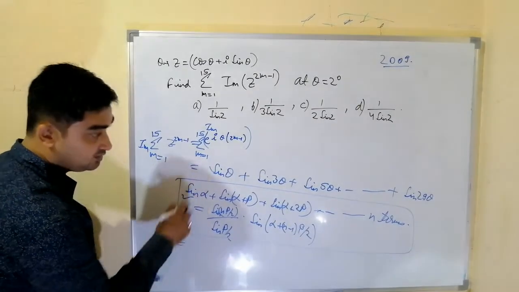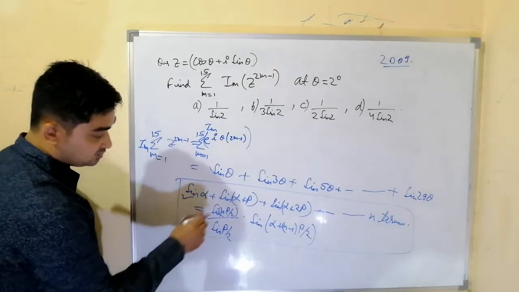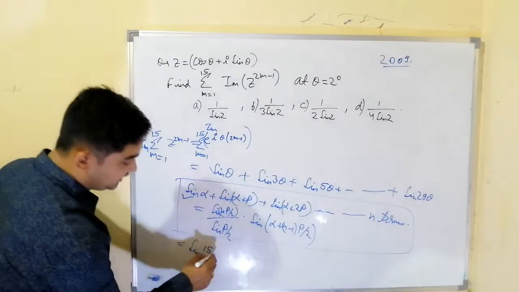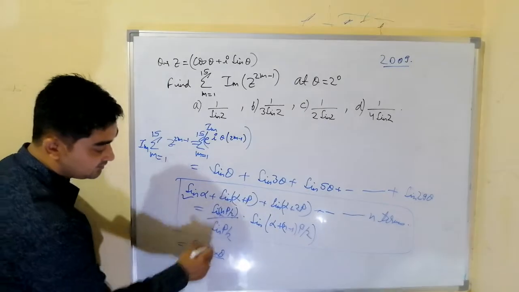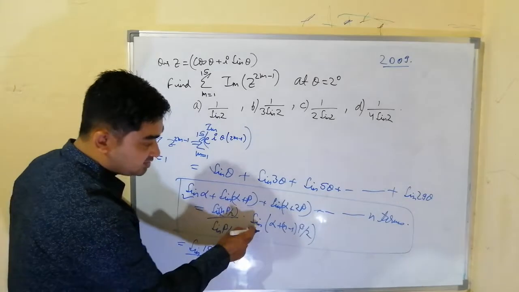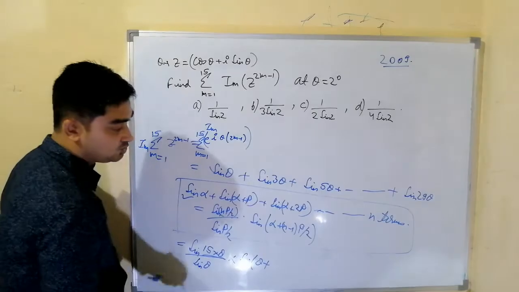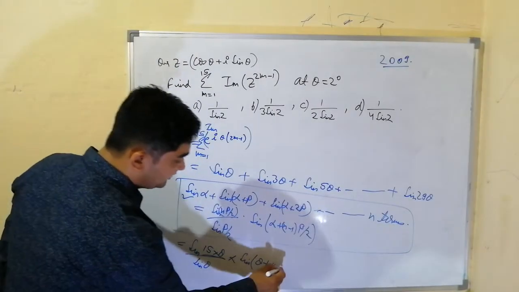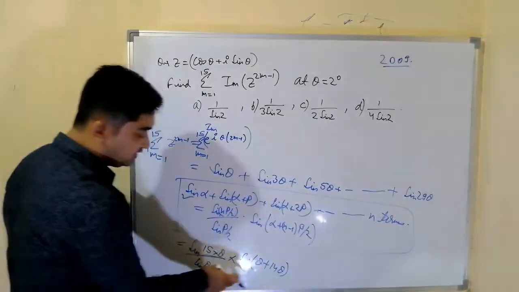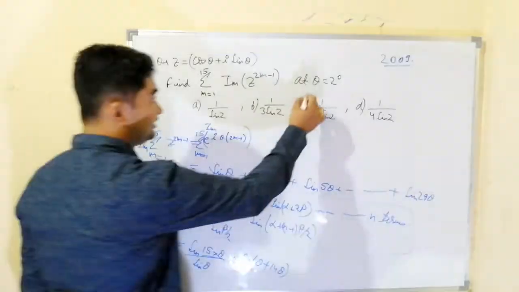So putting the values here, what is beta here? It is 2 theta. And what is alpha? It is theta. So what is the answer? Sin n. What is n? 15 terms. Beta by 2. What is beta by 2? Theta. Because beta is 2 theta. Divided by sin theta. Multiplied with sin alpha plus n minus 1, that is 14, into beta by 2, which is theta. So it is sin 15 theta into sin 15 theta divided by sin theta. What is sin 15 theta? It is sin 30 whenever theta is 2.